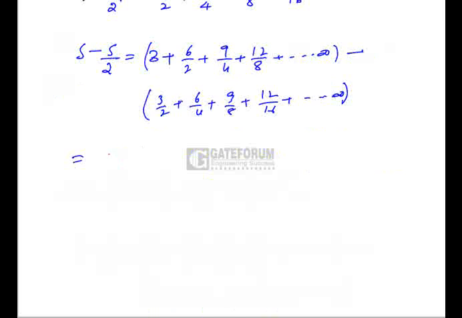I'll keep this 3 as it is, then 6 by 2 minus 3 by 2, so that the subtraction will be easy, plus 9 by 4 minus